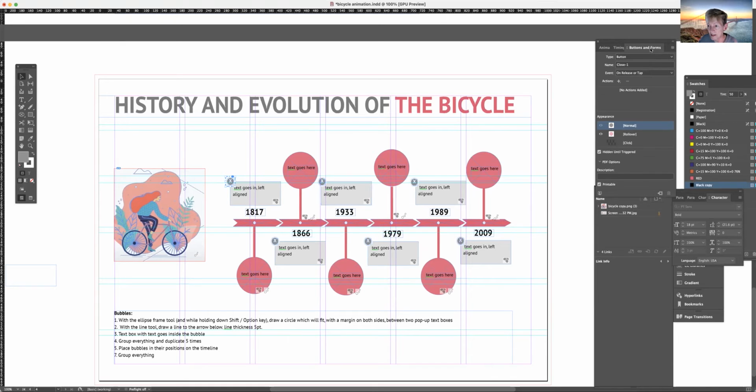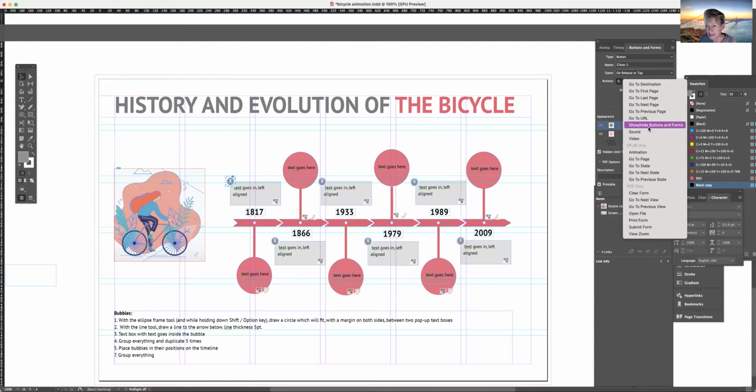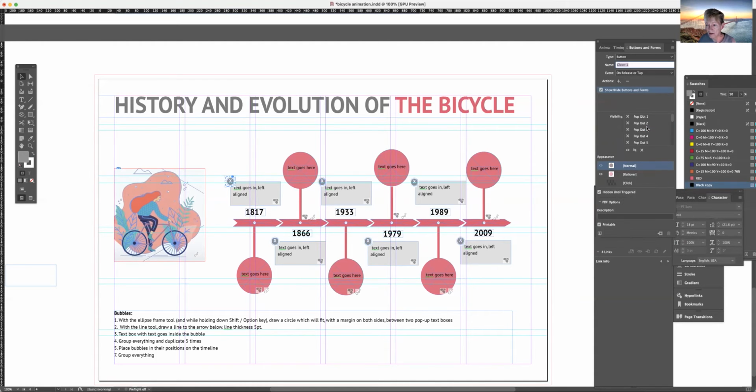So we are in the buttons and forms. Type is a button. We'll use the same close one. Event is on release or tab. And now we add action. You remember we are on normal, right? So we add the action show hide button, right? And I'm going to